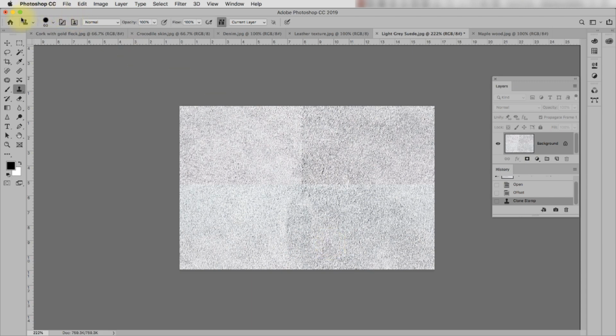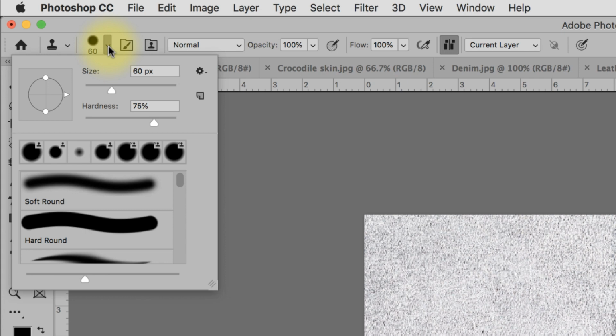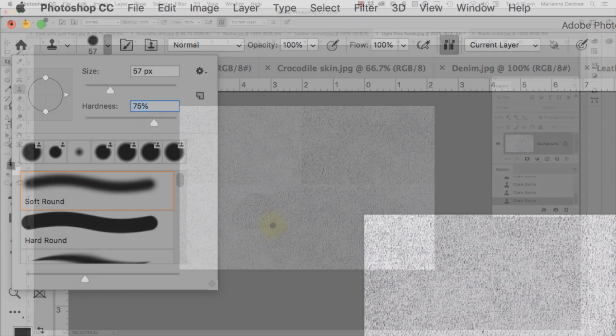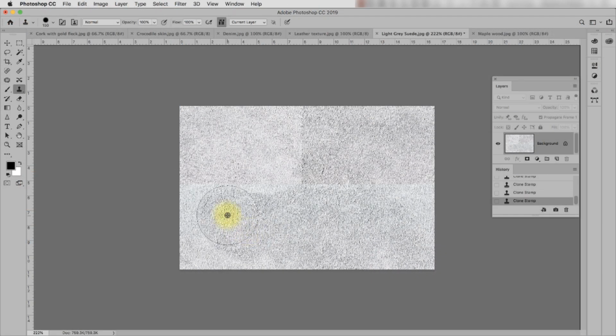Let me just talk to you about brush tip size and hardness. In the option bar next to the clone stamp tool symbol here, you'll see a black dot with a number under it. When I click onto the down arrow, I have options for size and hardness. Size will really depend on the detail and the area you're trying to retouch, and it is best to choose a brush with a slightly blurred edge, so you don't have any hard edges to your retouching. Hardness, I do around 75%. The keyboard shortcuts for a bigger and smaller brush are the left and right square brackets.